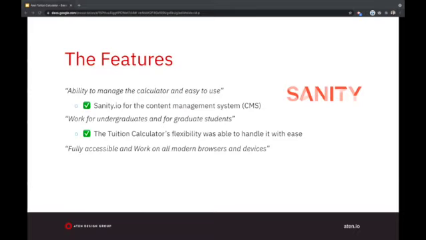And they also wanted it to be fully accessible and work in all modern browsers and devices. And with our in-house QA and accessibility expert, Michaela, we worked together to make sure the application was fully accessible. After we thoroughly tweaked and retested the application, and once it passed all our testing, we passed it along to CU's dedicated accessibility team, and they came back with one very small tweak, which we handled promptly. They even gave us the feedback that this was probably one of the most impressive